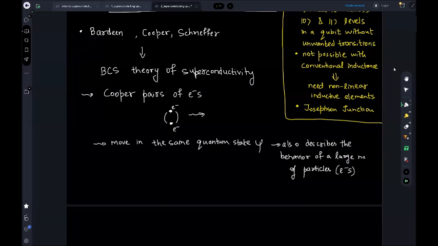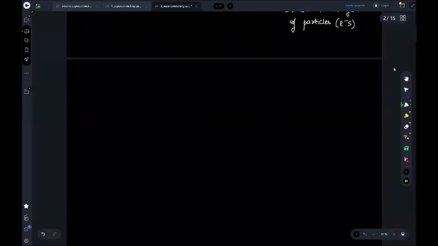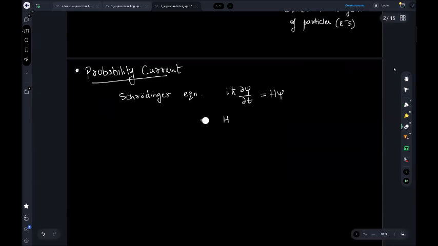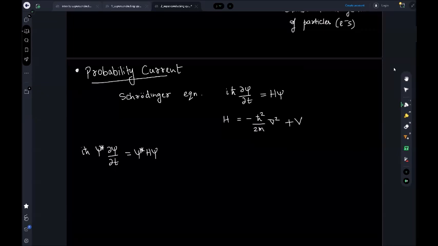I'm going to start with the Schrodinger equation. What I'm going to do next is pre-multiply this equation with the complex conjugate of psi. I'm also going to consider the complex conjugate of this equation here, and I'm going to write it as follows, and subtract this equation from this one. And what we are going to get is